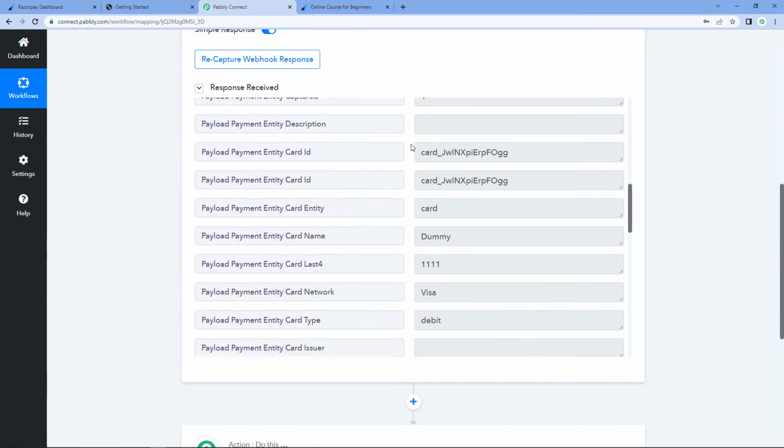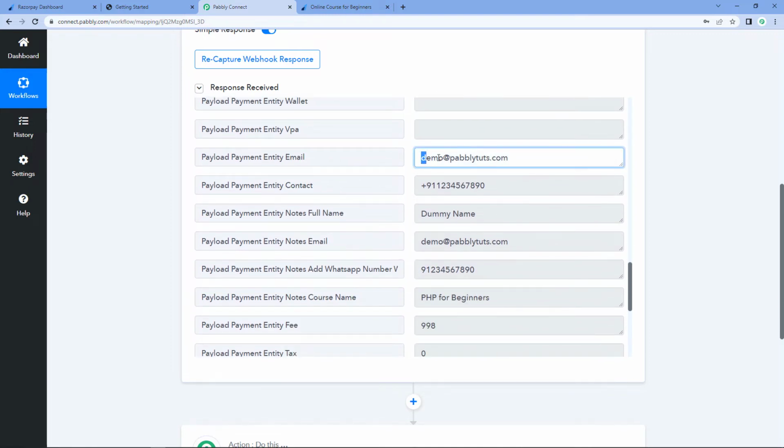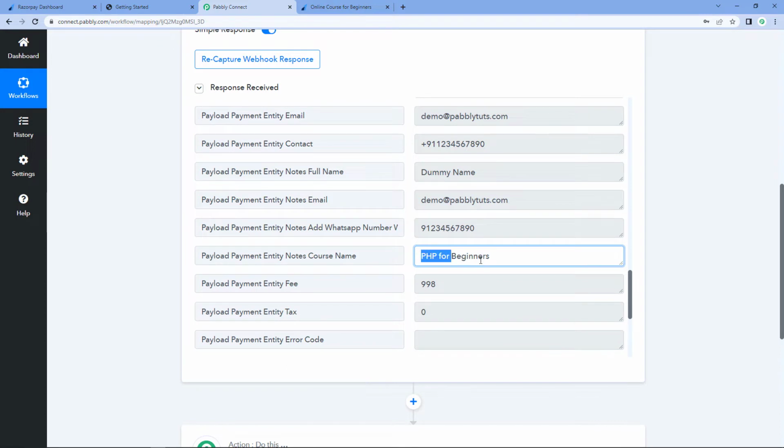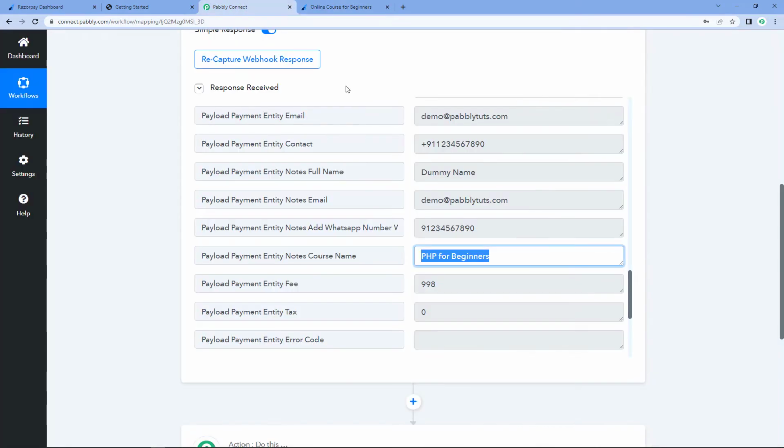So we will have the card details of the customer who made the payment. Then again we will scroll down and we will find that we have some other details like the email address, the phone number, the name of the customer who actually made the payment. Then in this response also we have received the name of the product or the name of the course for which the customer made the payment. So in this payment page, we have added 2 courses. So the customer selects that in which course they want to get enrolled or which course they want to purchase. So on the basis of which course they select on the payment page, we will enroll this user in this